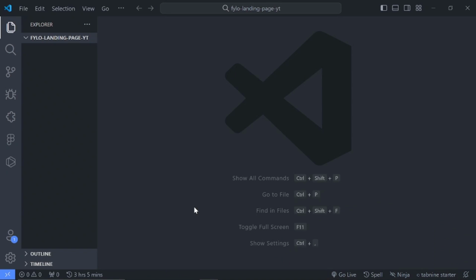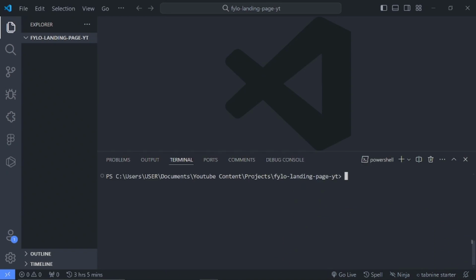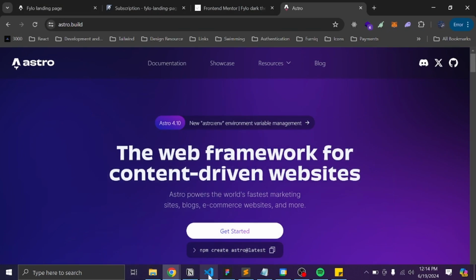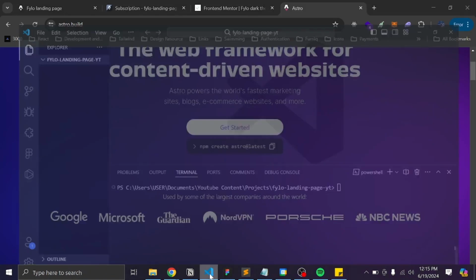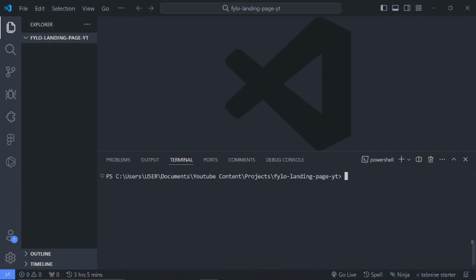Alright, so the first thing we're going to do is actually to create our Astro project. So if we head back to the website, you can actually do that by running npm create astro. So I'll copy this right here and I'll head over to VS Code and I'll paste this. So before I run this, make sure you do have Node.js installed on your system, and you can check if you have that installed by just saying